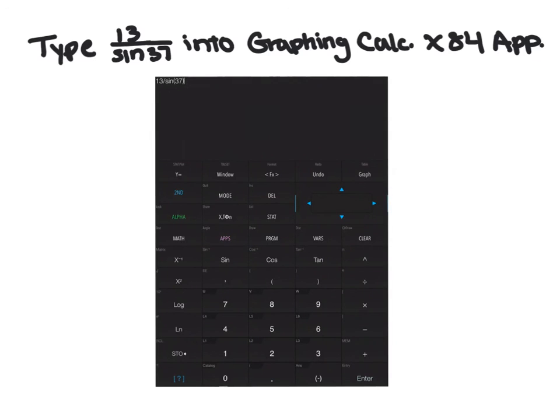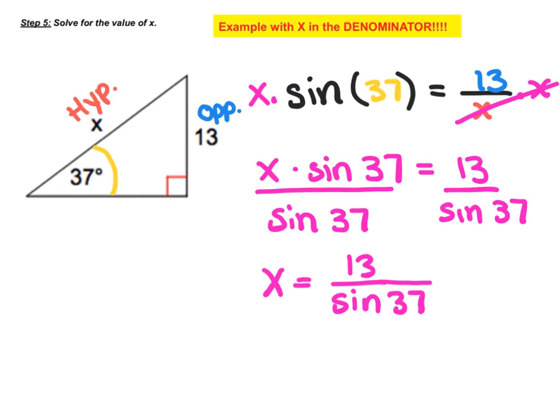Close our parentheses and click enter, which gives us our answer of 21.601, which we're going to round to 3 decimal places. So we'll have x equals 21.601